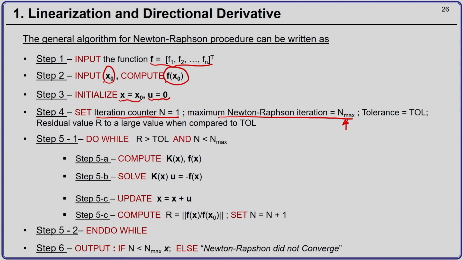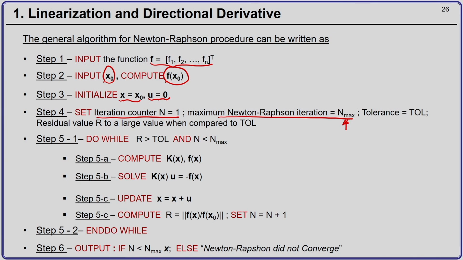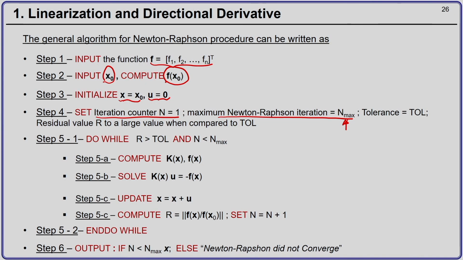This is essential because we do not want our Newton-Raphson iterations to go on indefinitely. At a certain point, if the Newton-Raphson procedure does not result in our solution, then we will have to stop, because otherwise the computer will keep on going. There are situations where Newton-Raphson will be stuck and it will not go anywhere. At that point, you have to do something extra. Toward the end of this course, we will see the arc-length method and the line search method. These are two techniques that you can use. But right now, we just set the maximum number of Newton-Raphson iterations, that is n max.